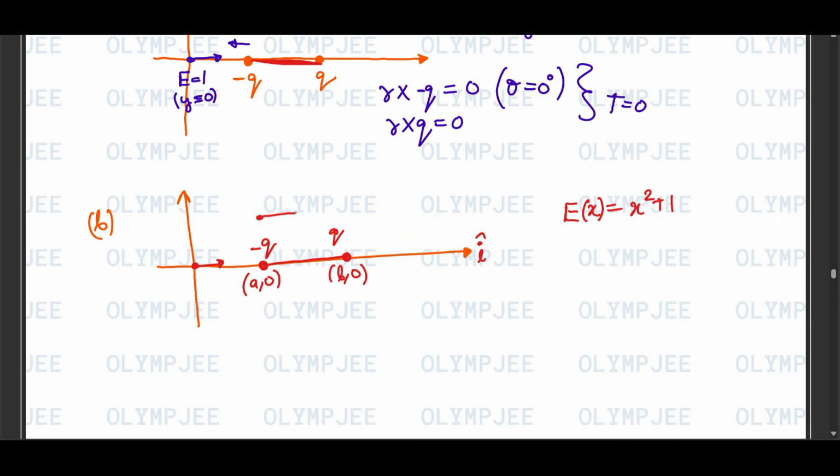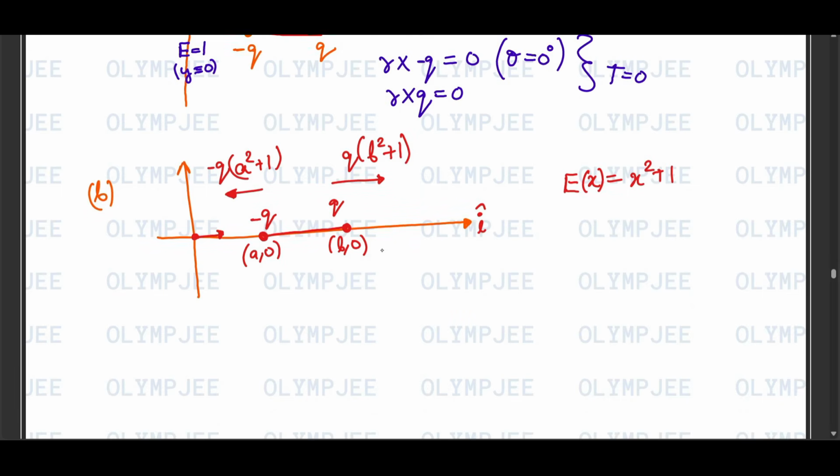So here the force will be in this direction, which is a square plus 1 multiplied by minus q, and here it will be in this direction, q multiplied by b square plus 1. So net force is equal to q times b square plus 1 minus a square minus 1. So this is not equal to 0, and torque will be equal to,